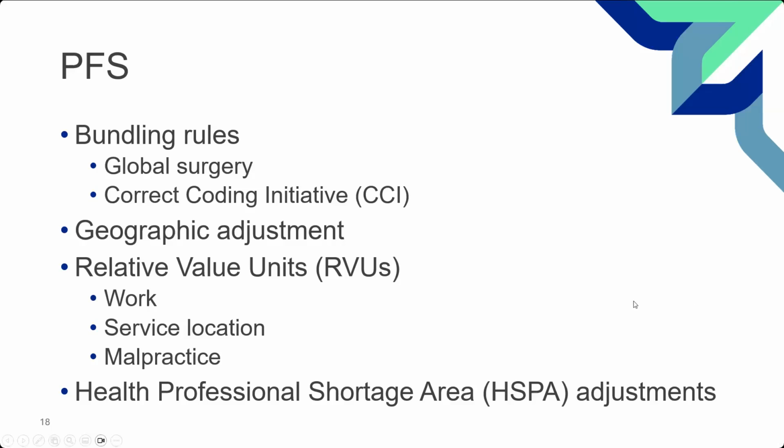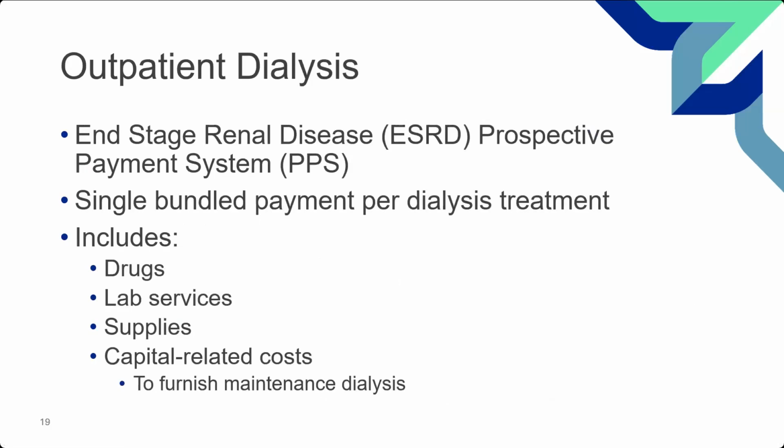The next one is actually for outpatient dialysis, and it's the end-stage renal disease prospective payment system. We'll talk more about some of the adjustments and things that can happen, but let's just go through some base information. So the one thing about a prospective payment system is that it does one payment per the dialysis treatment. So in this case, it's one payment per dialysis treatment. It could be one payment based on a diagnosis or a variety of other things, but the prospective payment system allows for one payment. When they look at that, in this case, it's end-stage renal disease.